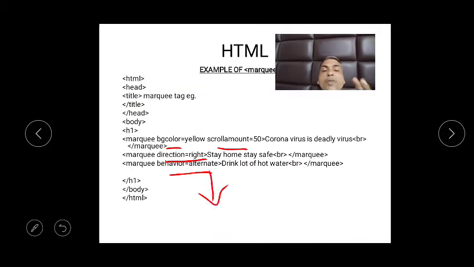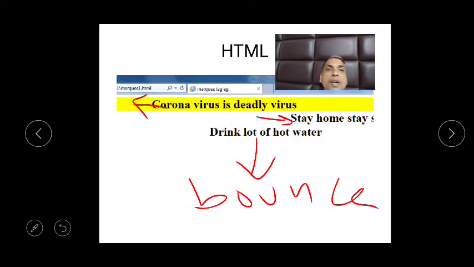Alternate means it will go here, touch the screen, and come back. I hope when you execute this program you will understand it more properly, but right now it will just scroll whatever text is written between the tags.